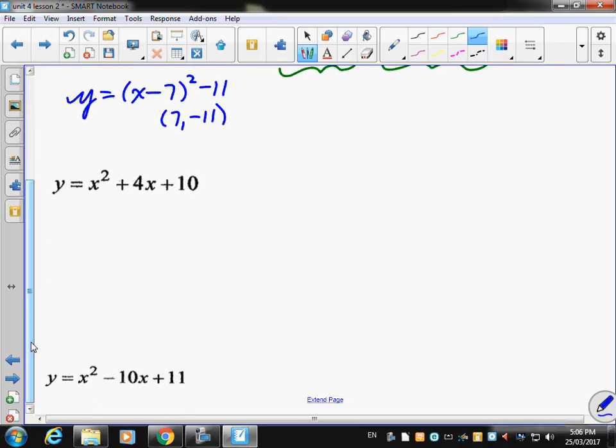x squared plus 4x plus 10. I know that my goal is, so I'm going to skip a line, my goal is (x + a number) squared. That number is always half of the middle term. So it's going to be (x + 2) squared. Cool. That means I need to introduce a special number into my equation. I'm going to both add it and subtract it. That special number is whatever